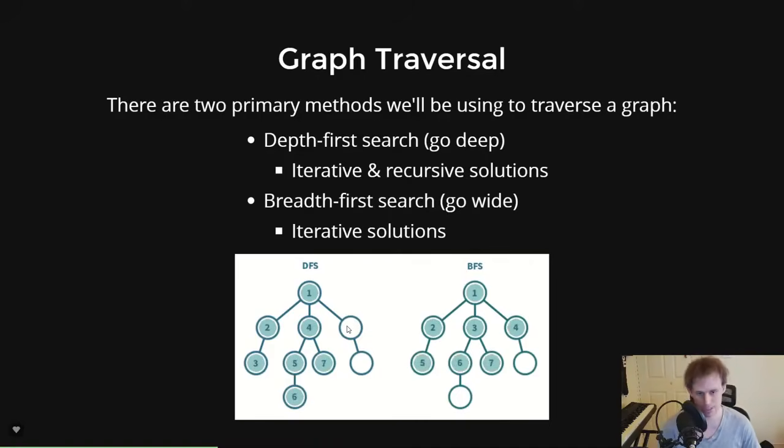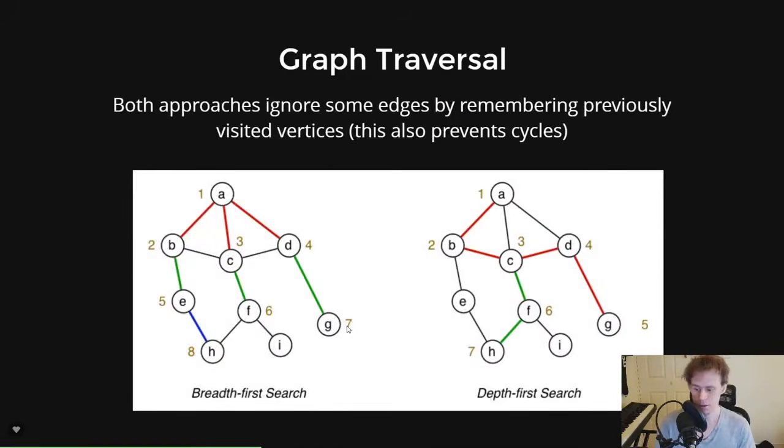Pretty space complex, and by that, Diorora means that it would use quite a lot of memory. Either of these algorithms can use quite a lot of memory. It's really about using the correct one for the job. Now, another conceptual representation of this is that both breadth-first search and depth-first search do ignore edges